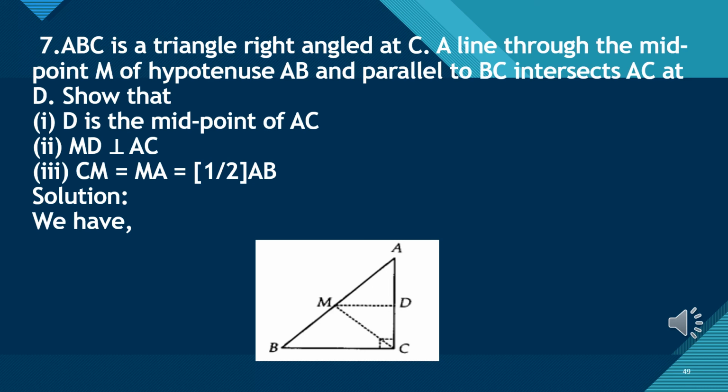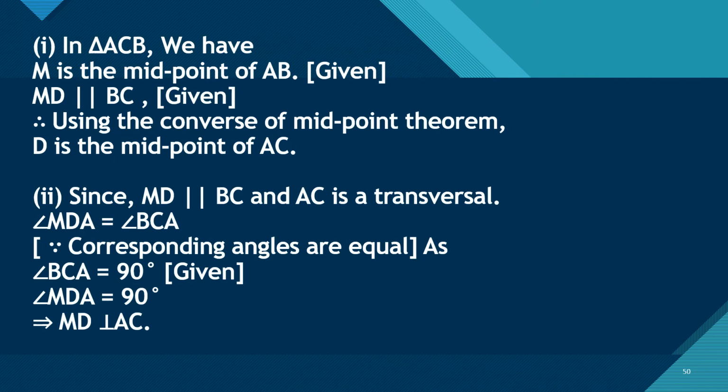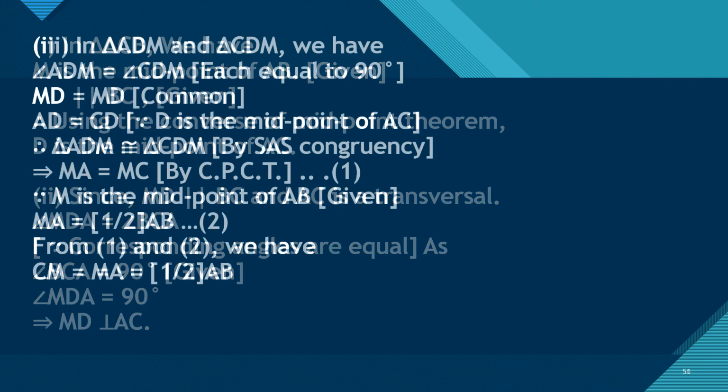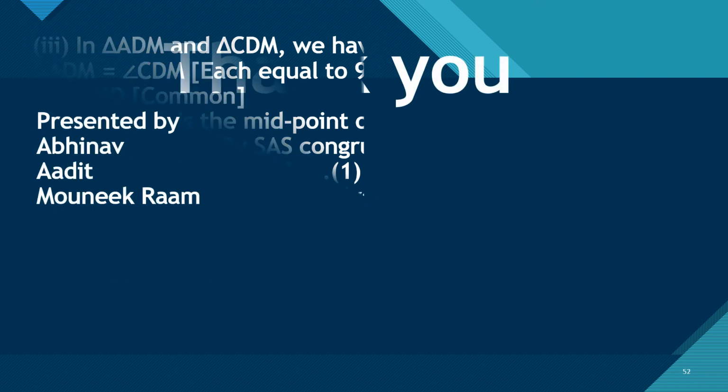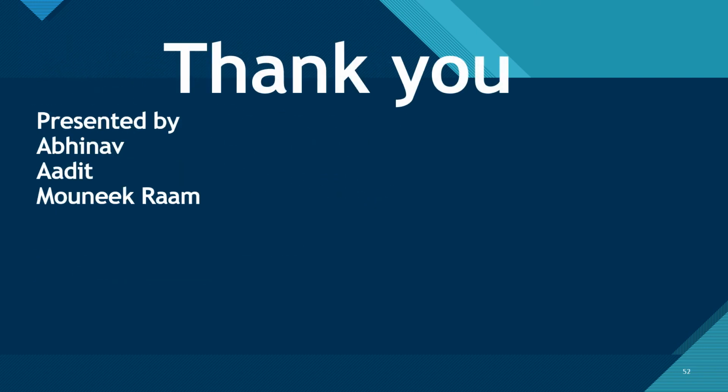Therefore PQRS is a parallelogram. Now in solution, first, in triangle ACD, S is the midpoint of AD and R is the midpoint of CD. SR equals half of AC and SR is parallel to AC. Equation number 1, by the midpoint theorem. Part 2: in triangle ABC, P is the midpoint of AB and Q is the midpoint of BC. PQ equals